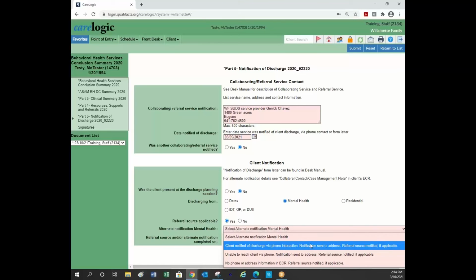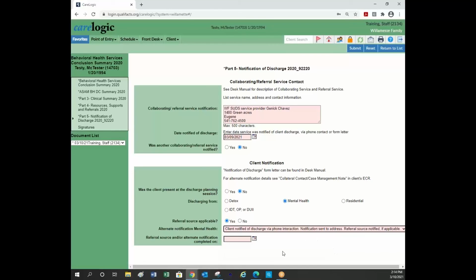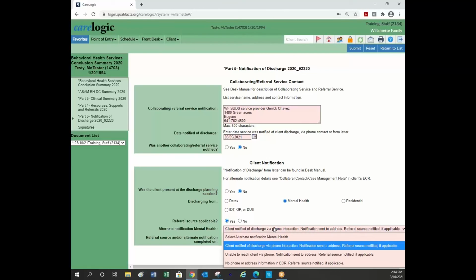Client was notified via a phone interaction. The notice was sent and the referral source was notified if applicable. So this could be the res counselor. This could be the probation officer. This could be the pretrial officer. This could be any number of